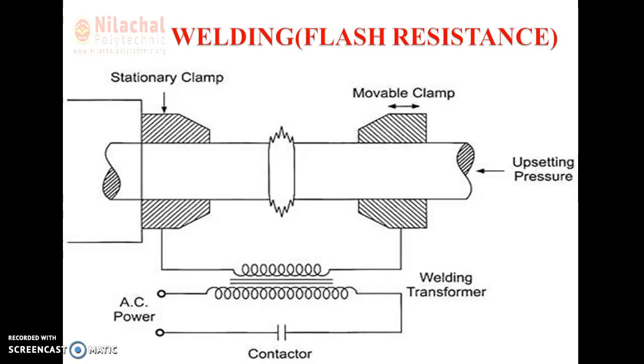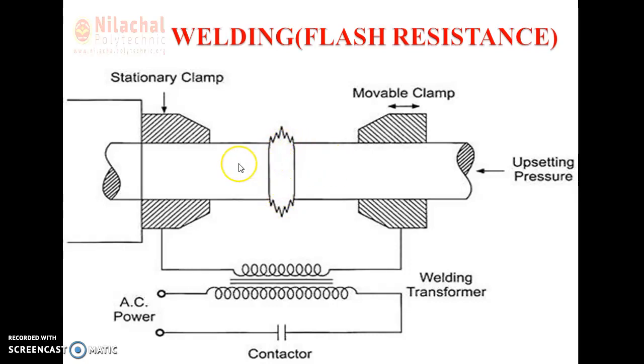After the metals are brought to the fusion temperature, the current is switched off and the workpieces are forced together. So if you go through the operating process, both workpieces should be clamped. By the use of the movable jaw, first of all we switch on the power supply, and with the help of this movable jaw we make contact between the edges of the cross-sectional areas of both workpieces.